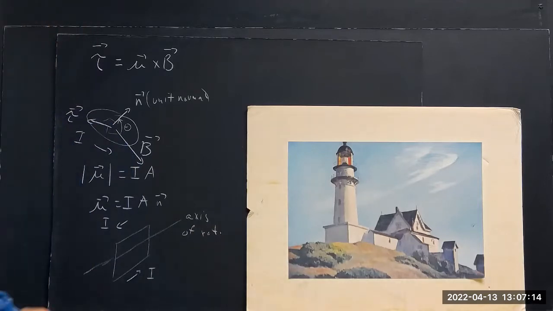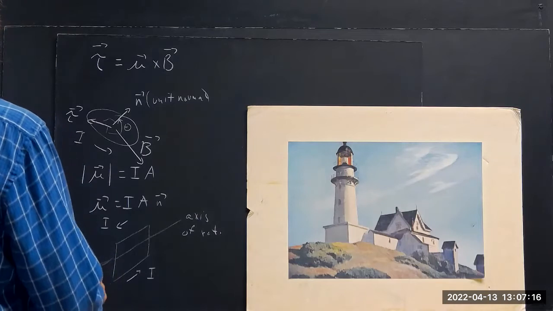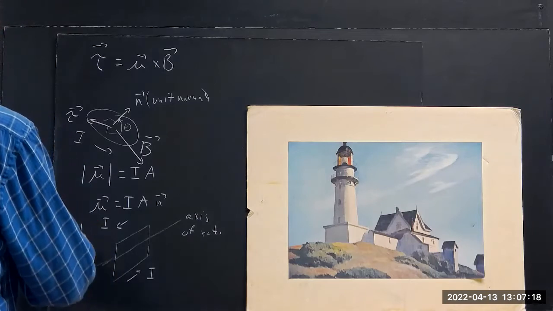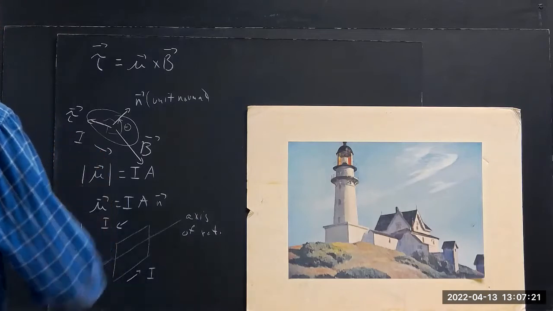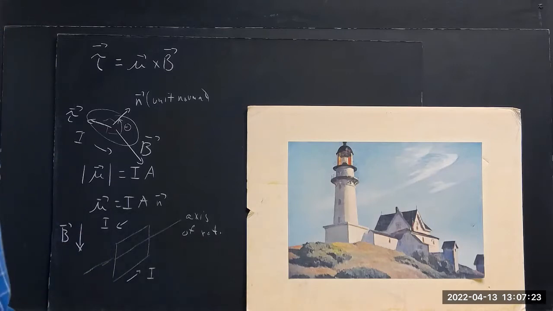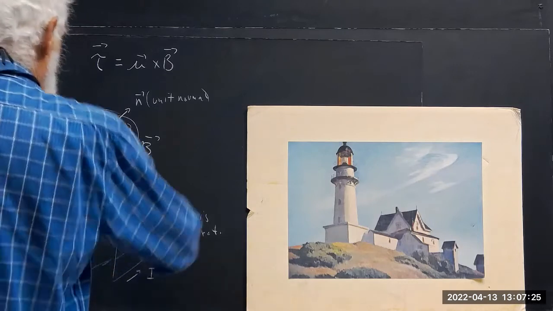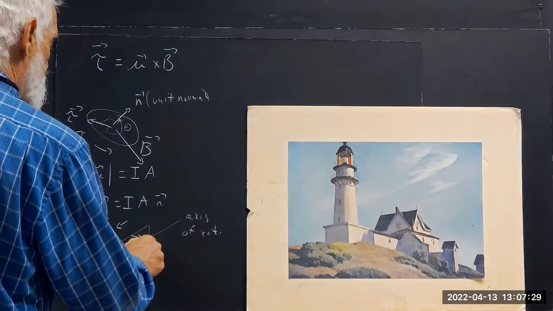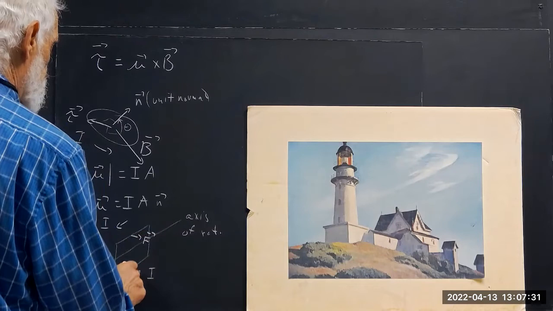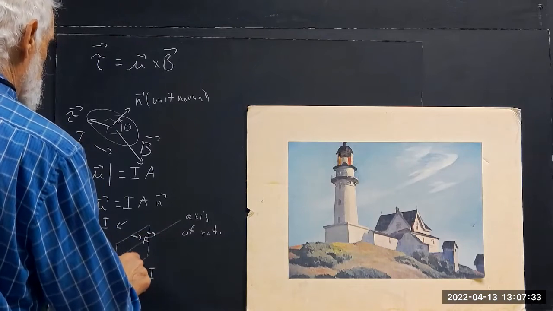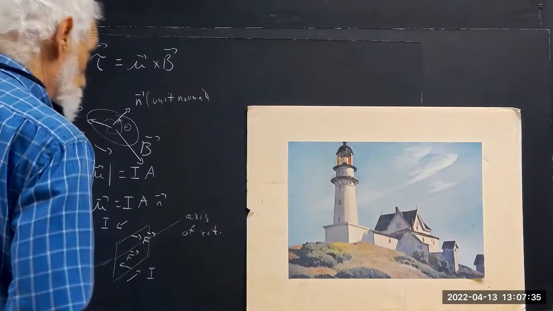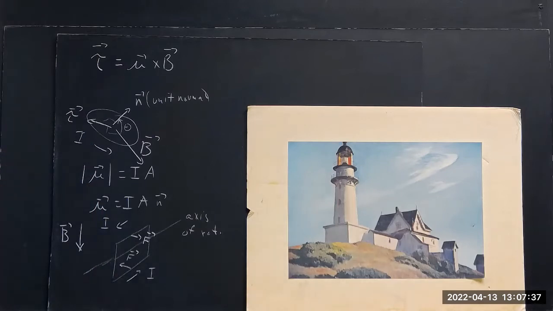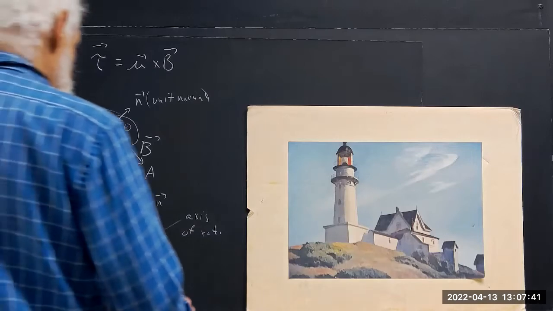If your magnetic field is downward, then again, as we saw, I cross B gives you a force here, and a force here. Your torque